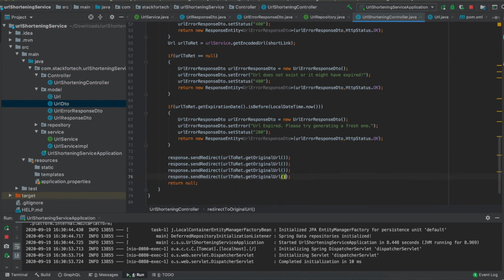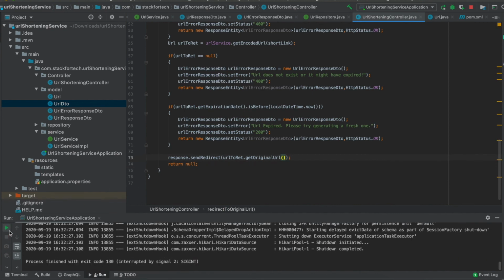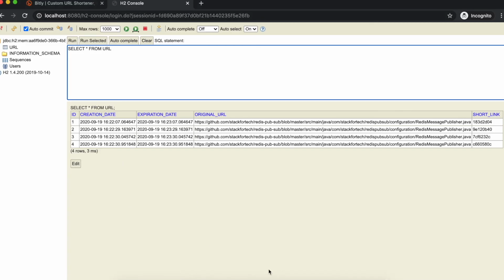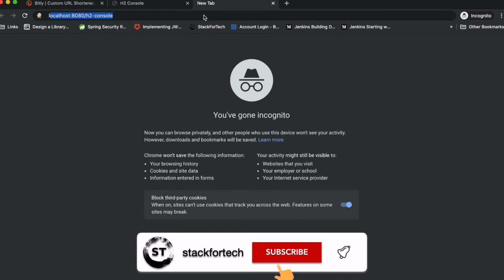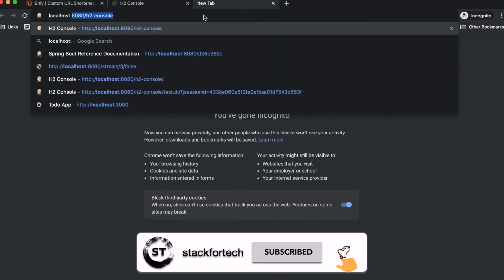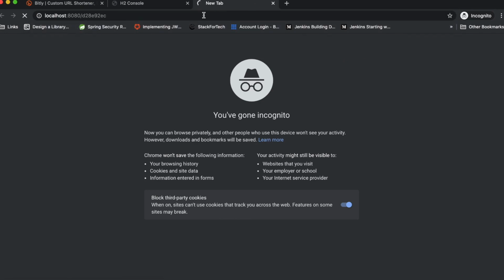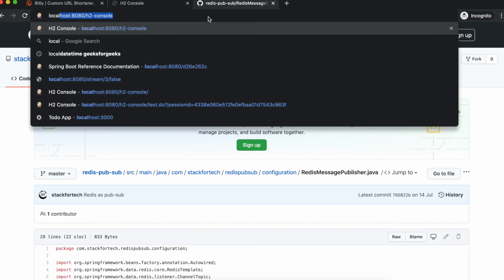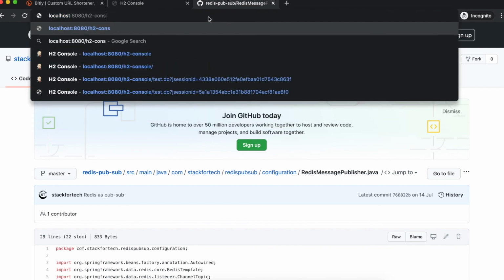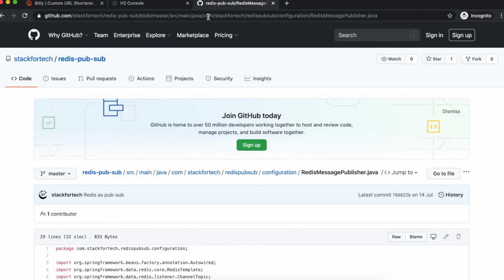So original URL. We restart the server. Yeah, so it has restarted. Let me go back here, and we have generated this short link. I'll go to the browser, localhost colon 8080 slash this one. Okay, as you can see, this is now redirecting it to the original URL basically. So this is working. Now if you try again with the same short link, it is again redirecting me.